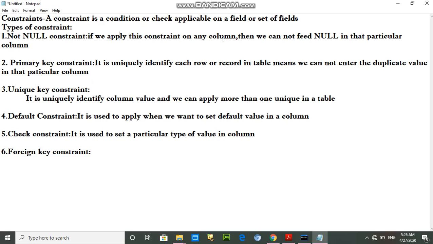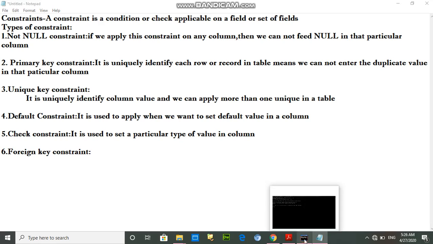And there is no restriction for the not null constraint. If you want to apply it on more than one column or all columns of that particular table, then you can apply this constraint.